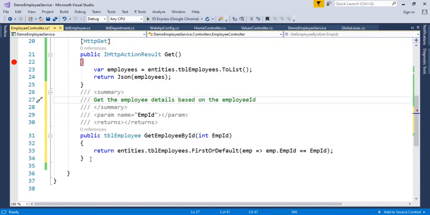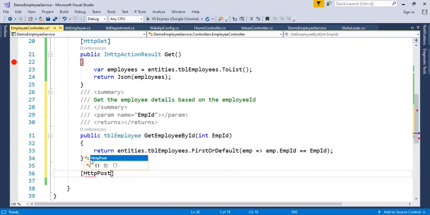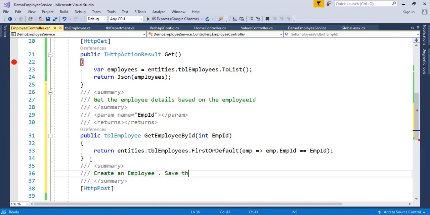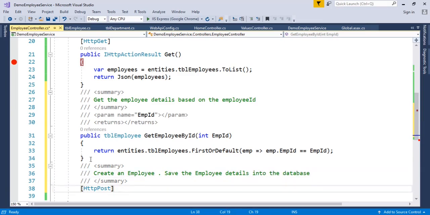Fine. And now we are going to write an HTTP post. HTTP post is nothing but create an employee, save the employee details into the database. For that we are going to write one more method, that is public.